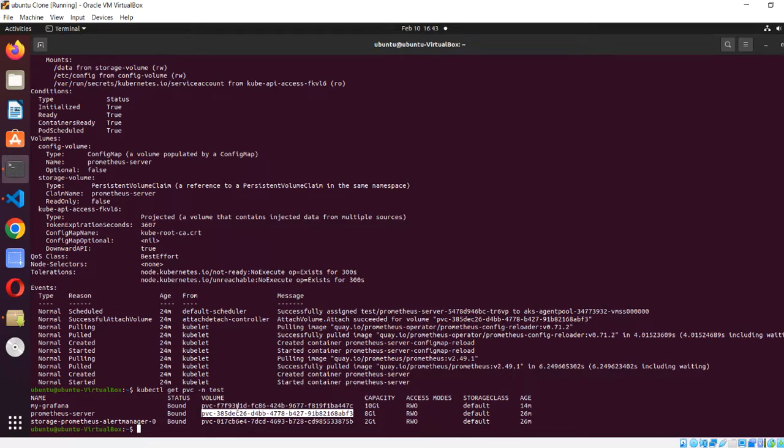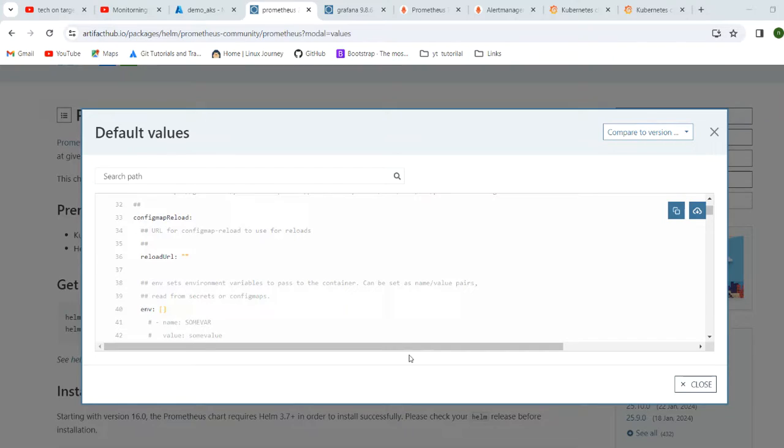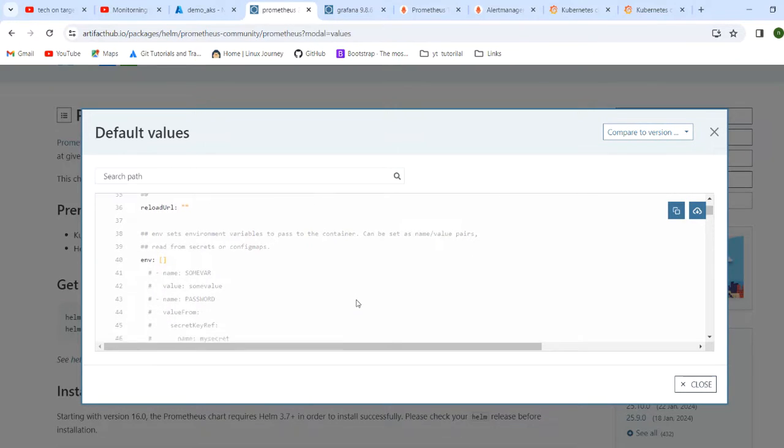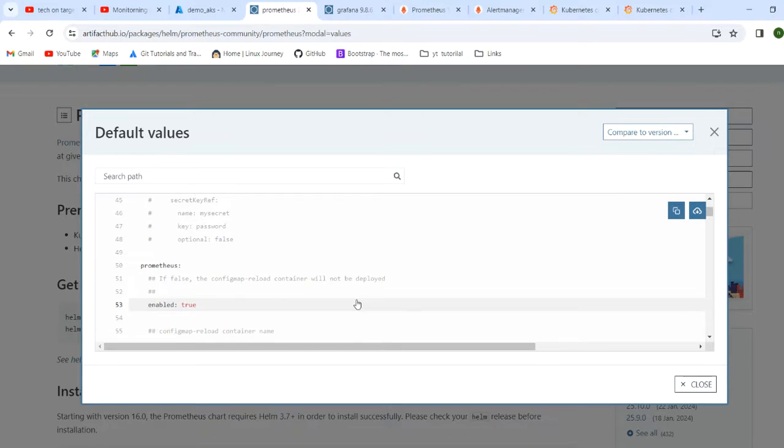Then we have a config map, and if we want to pass some envs, we can pass them. Then we have Prometheus. If configured, the config will be reloaded. Then we have other options: if you want to use our customized image, we just change the repository here, and if we have our tag, we can mention it and change the pull policy also. And you may have seen that components like kube-state-metrics, Pushgateway, node exporter, and Alert Manager get installed